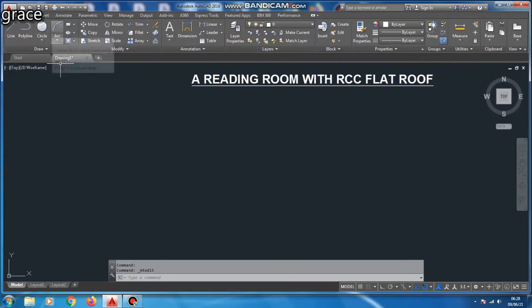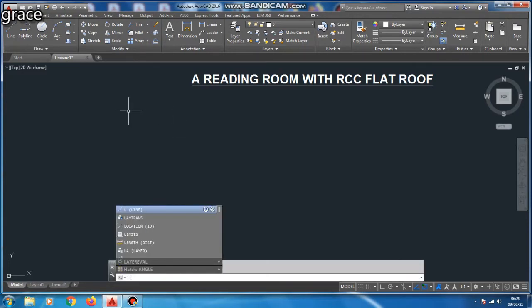Next, we are going to draw our room by using the basic command line. Just type line in the command section.